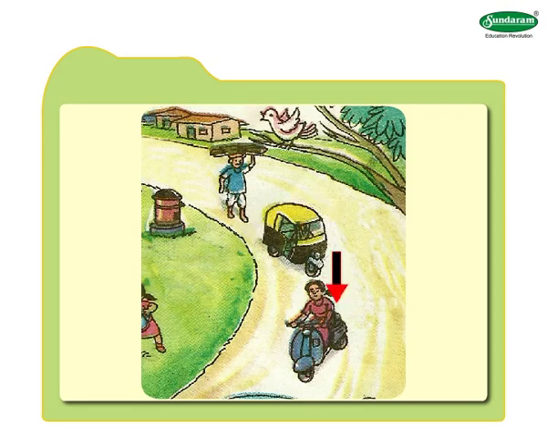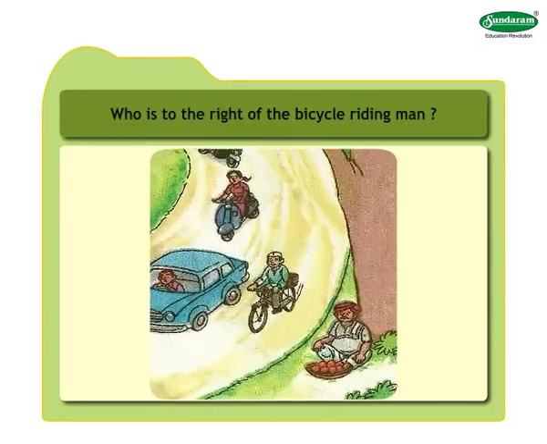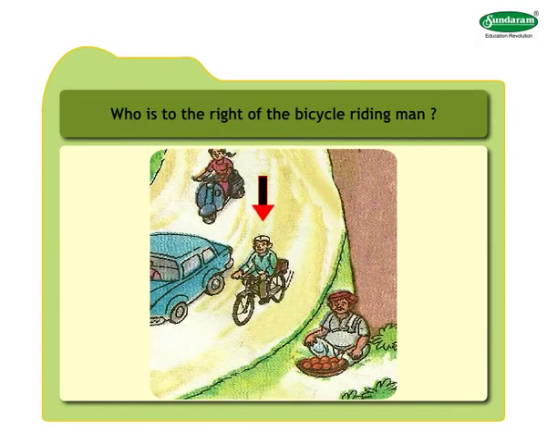Again, the auto rickshaw is in front of the man carrying the logs of wood. Children, who is to the right of the bicycle riding man? Yes, the fruit seller is to the right of the man